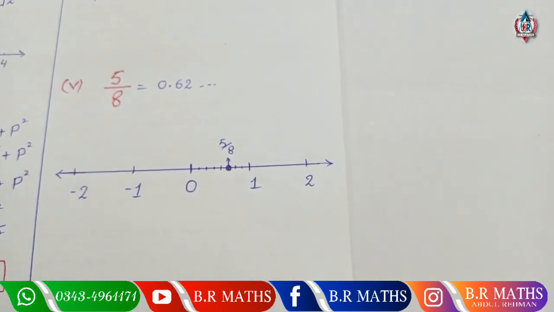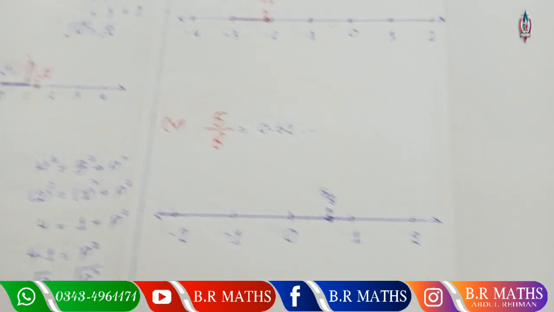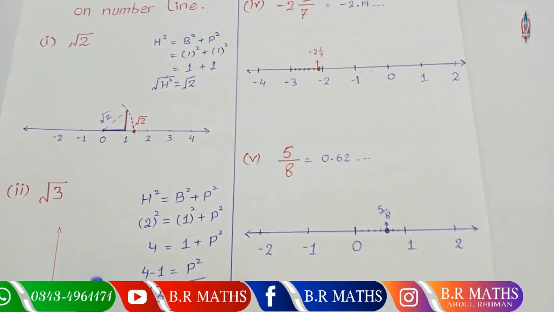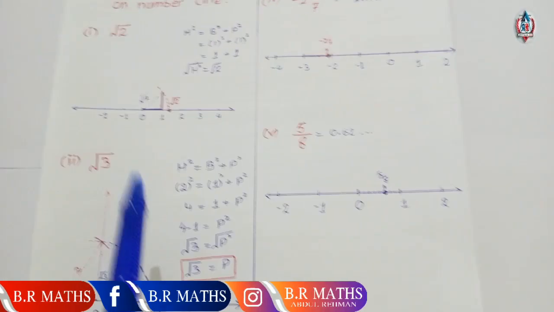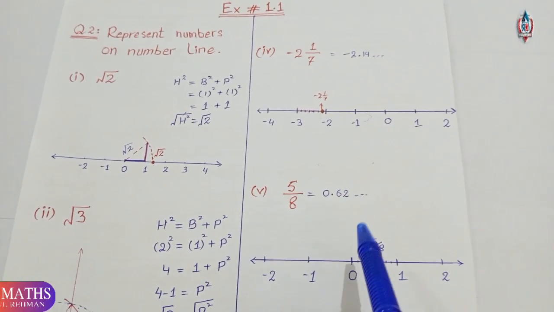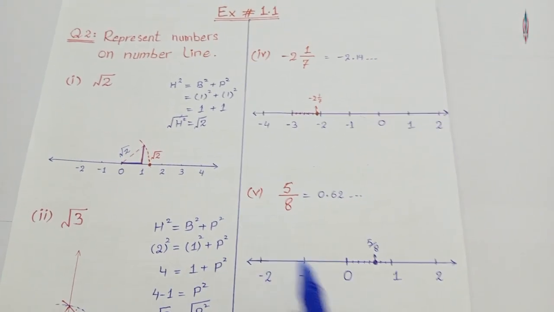I hope you understand this number line question. There are two irrational numbers, for which the way is the triangular method, and the rational numbers are represented by a very simple method according to the fractional rule.